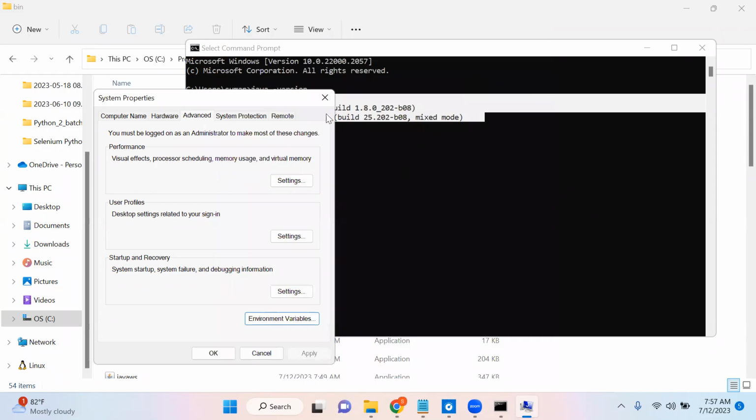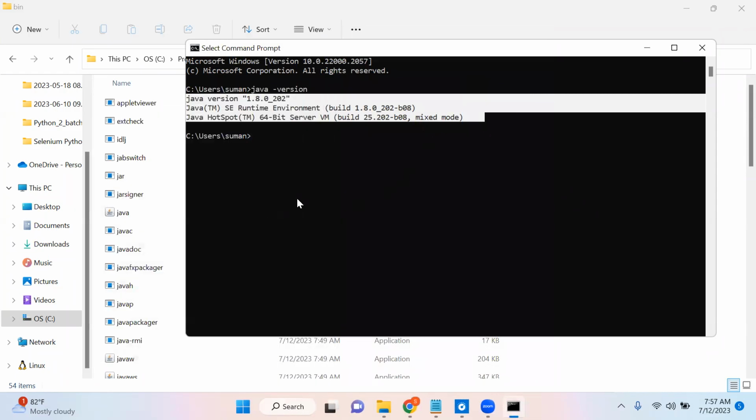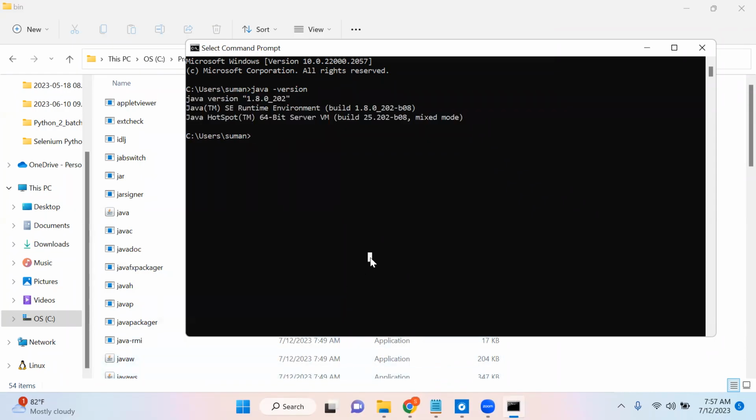So this is how you can have multiple versions of JDK on your machine. And whichever version you want to use to run your Java code, you can set it from your environmental variables. Okay, so whatever we are currently discussing appears to be very simple, but these are very, very important. Why are these important? Whenever you are in an organization, and you need to start writing your